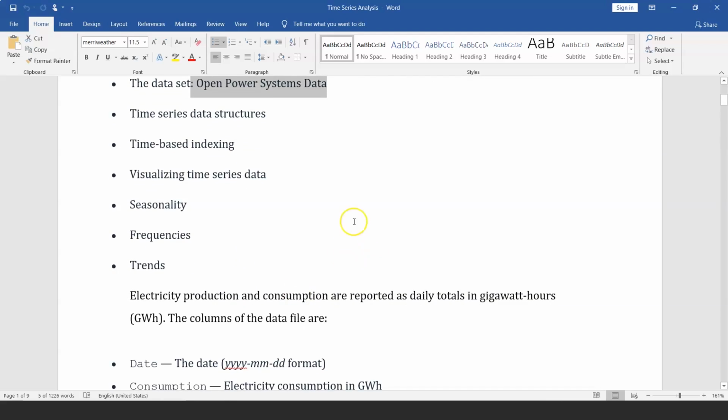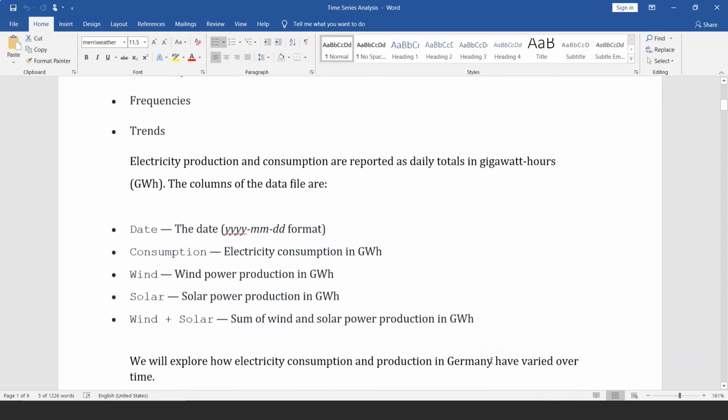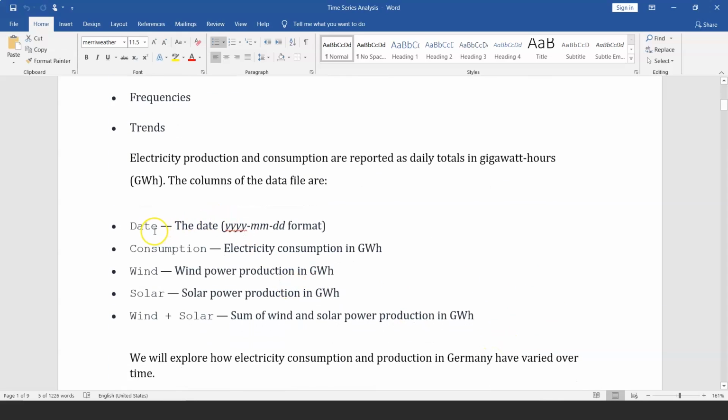Now, this data set has electricity production and consumption, which is reported as daily totals in gigawatt hours. And here are the columns of the data, which I was just showing you. You have date, consumption, wind, solar, and wind plus solar. So this is the data we have, and we will explore electricity consumption and production in Germany,